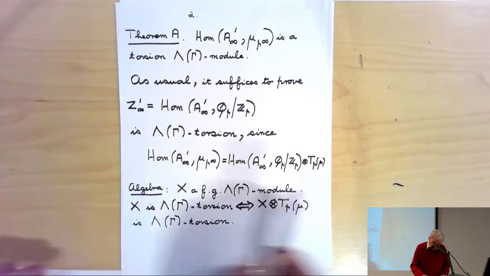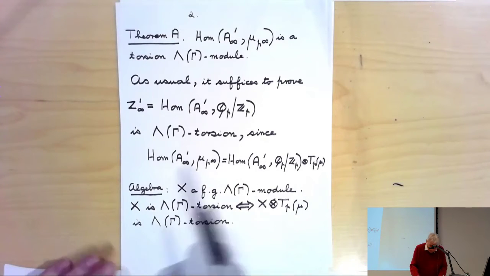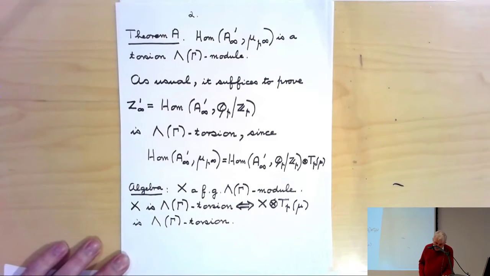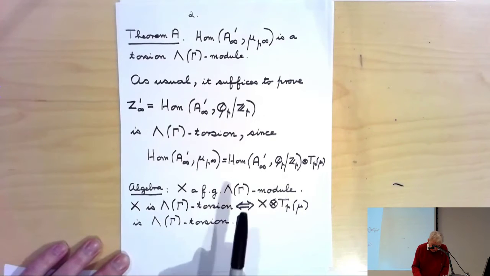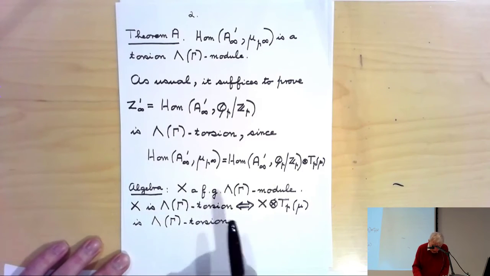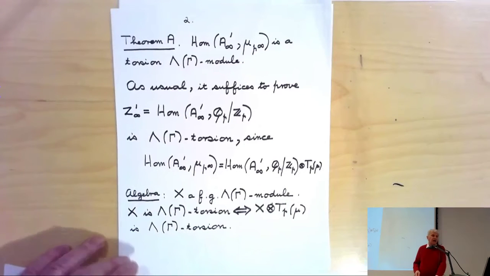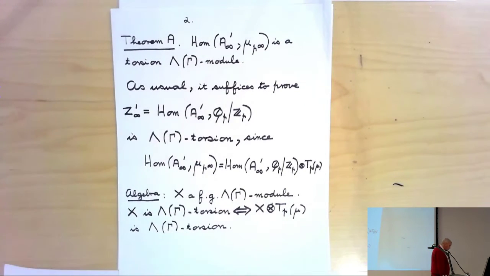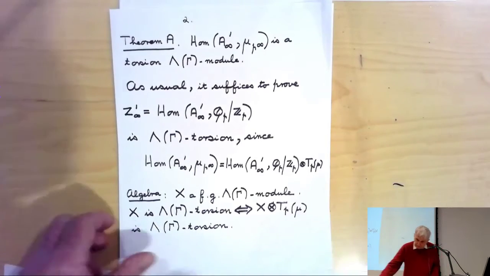Because it's a purely algebraic remark: a finitely generated Lambda-Gamma module is Lambda-Gamma torsion if and only if any Tate twist of it is also Lambda-Gamma torsion. It's just a simple exercise. So it suffices, in fact,